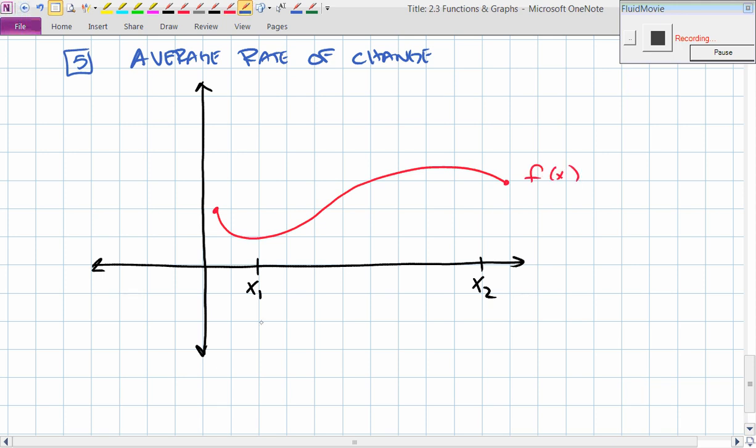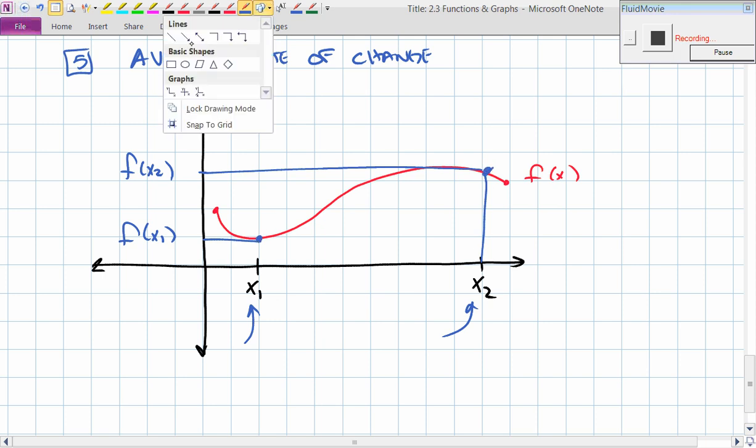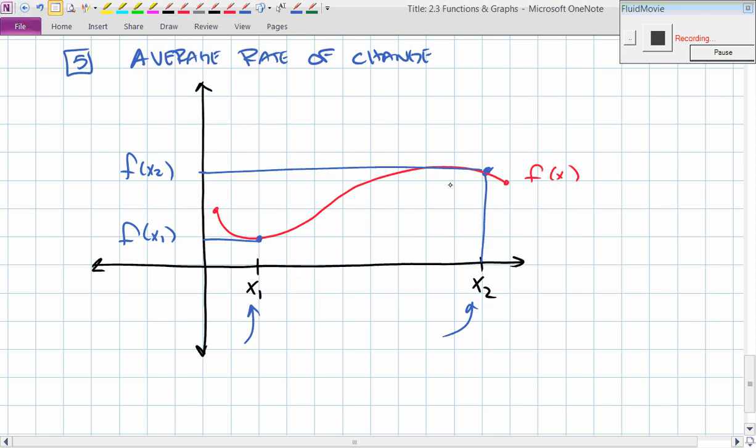And if I want to find the average rate of change between x1 and x2, well then every x1 has an output, and we're going to call that f of x1. And every x2 has an output, and we'll call that f of x2. So if I want the average rate of change between two certain x values, then what I'm going to do is plot those points on my function, and draw a straight line that connects